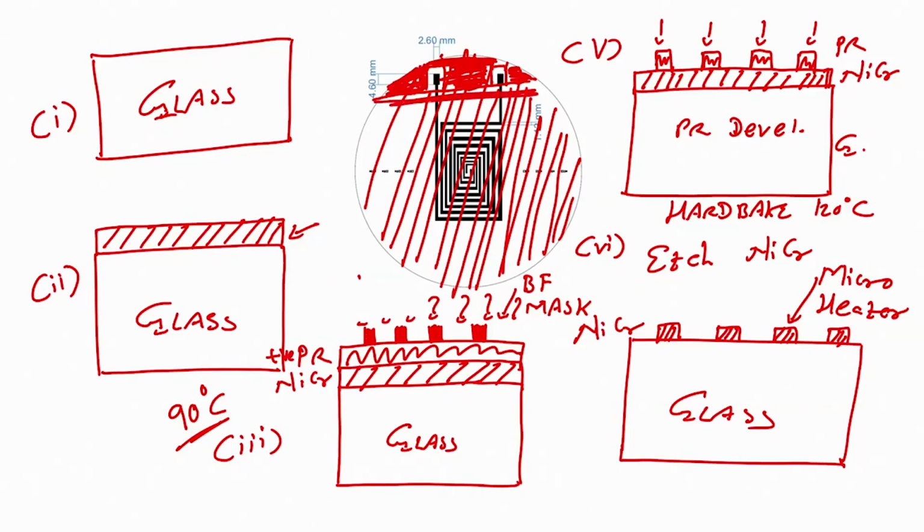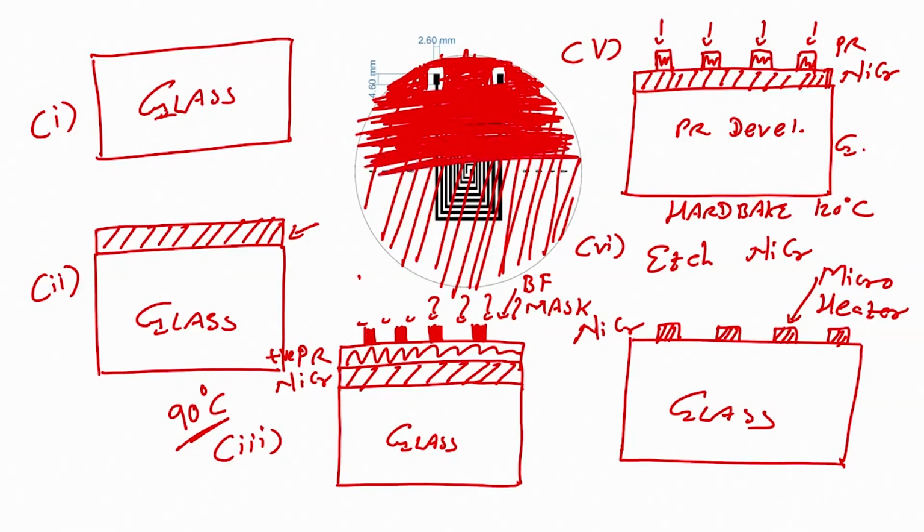So, the heater is covered with silicon dioxide, about 1 micron silicon dioxide we can grow